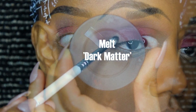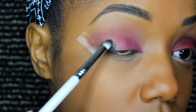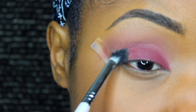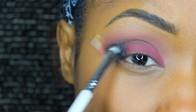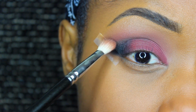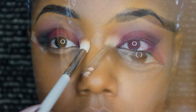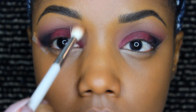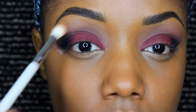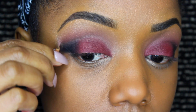And then I'm adding Melt's Dark Matter, which is their black matte shade, to the outer corner with Hair and Makeup Addiction's pencil brush. Once I get the product where I want it, I'm going to switch back and forth between the pencil brush and the blending brush to make sure it's blending into my crease. You can add a little bit more Enigma just to make sure the colors are blended well into each other. And you can tone down any color you need with a skin tone. I'm using my Mineralized Skin Finish just to go underneath my brow to make sure it's not too heavy and